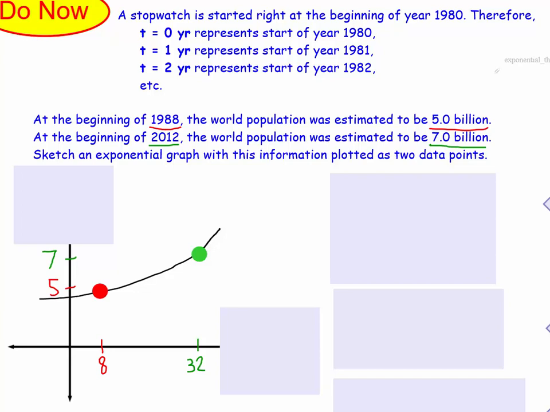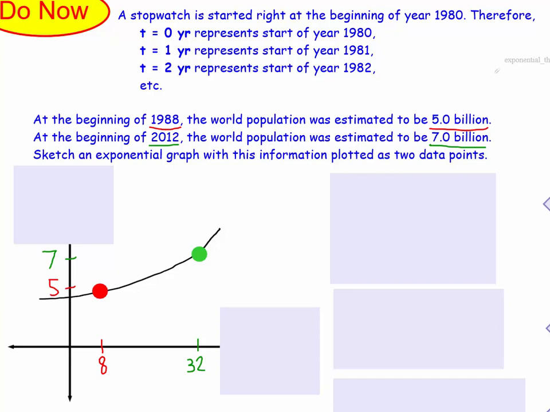So in that video, you were given 2 points on an xy plane, and you were tasked with finding an exponential function that passes through those 2 points. And we're seeing that that technique can be applied to studying populations, such as world population. We see these 2 actual data points. Back in 1988, the world population was estimated to be about 5 billion, and then it increased to 7 billion